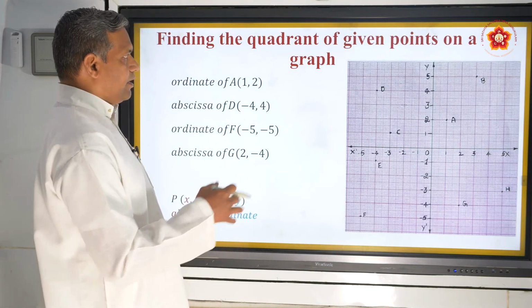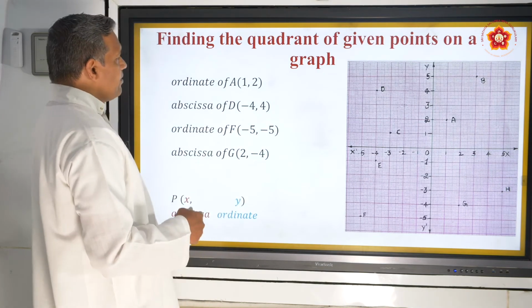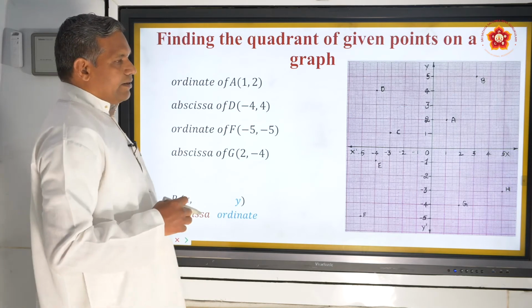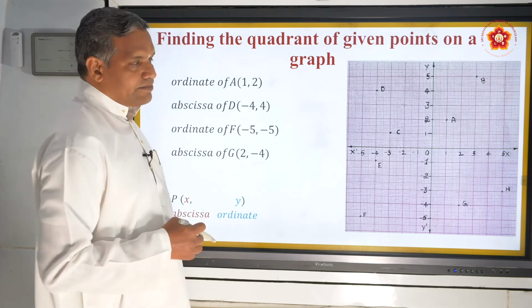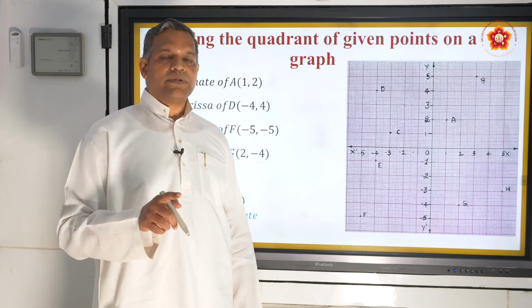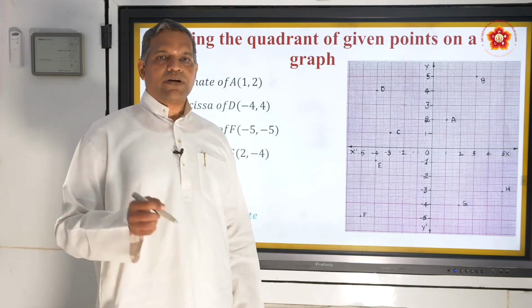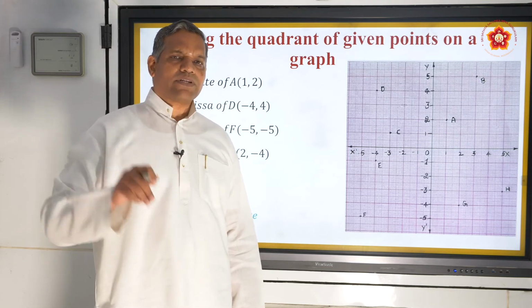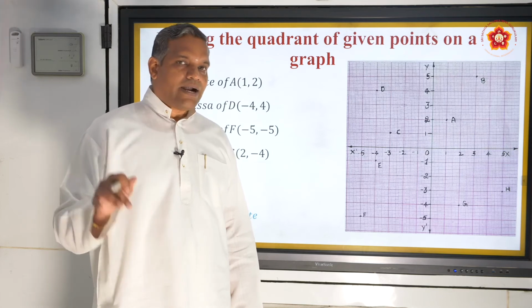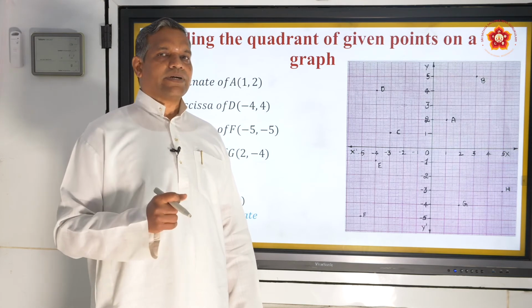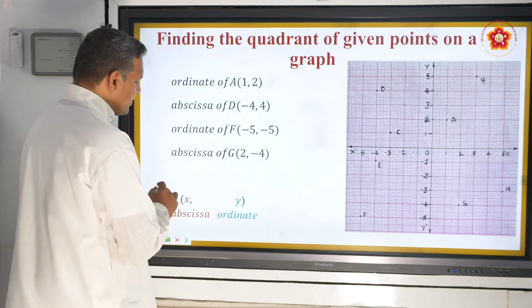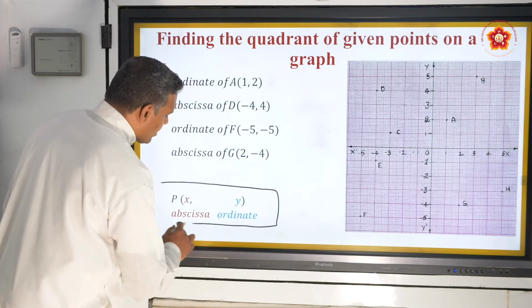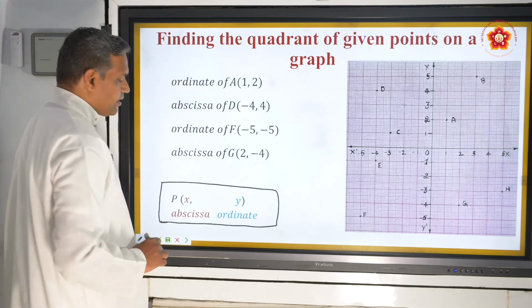So, actually this is the thing I have planned, but I wanted to add little more thing to this same graph and same slide. What is that? Abscissa and ordinate. So, the moment new terms come, always both of them are very similar. You confuse what is ordinate and what is abscissa. Most of the times you get confused. And ordinate and abscissa, how easy to remember. I have given this figure, just remember this figure. This is more than sufficient to remember ordinate and abscissa.